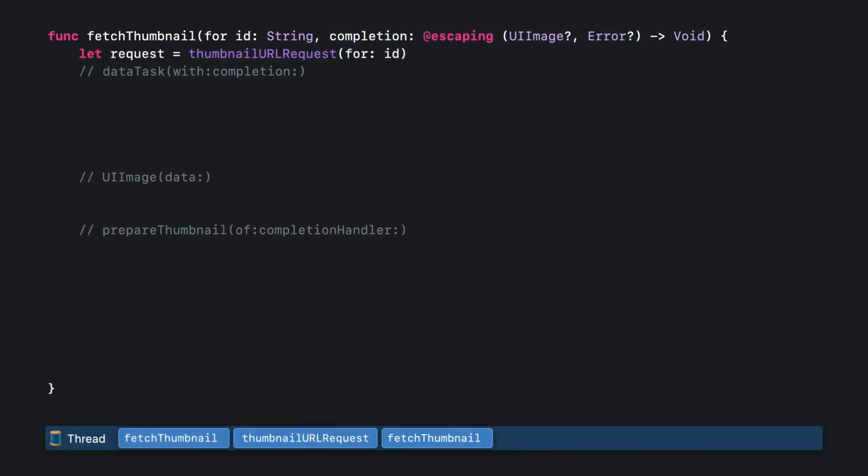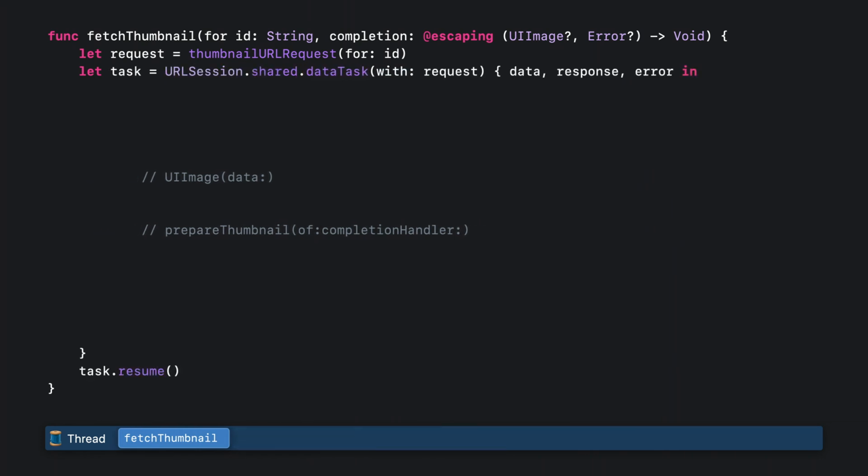This method is synchronous, so it doesn't need a completion handler. Next, we call dataTask on the shared URLSession instance, passing that URL request and a completion handler. It synchronously produces a URLSessionDataTask which must be resumed to kick off the asynchronous work. fetchThumbnail then returns, and the thread is free to do other work.